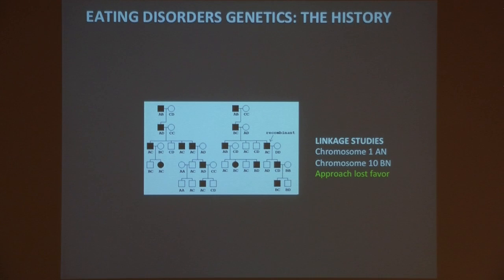There have been 2 linkage studies conducted for anorexia nervosa, 1 for bulimia nervosa. We identified a locus on chromosome 1 that looked interesting for anorexia. We identified a locus on chromosome 10 that looked interesting for bulimia nervosa. But if you're a student of the literature, you'll have noticed that there haven't been a lot of follow-up studies from those linkage studies, and that we really don't have any genes in our pocket from those years of research